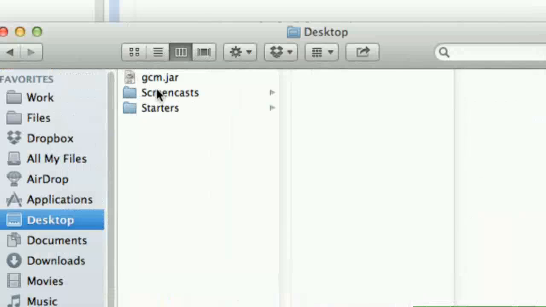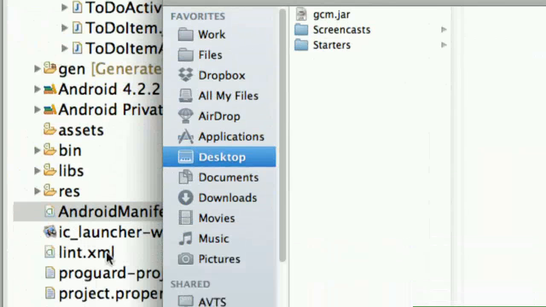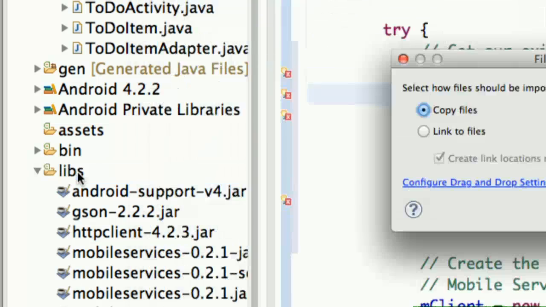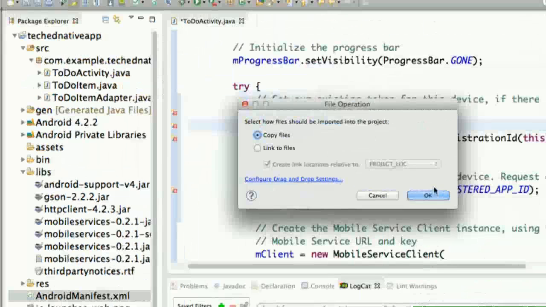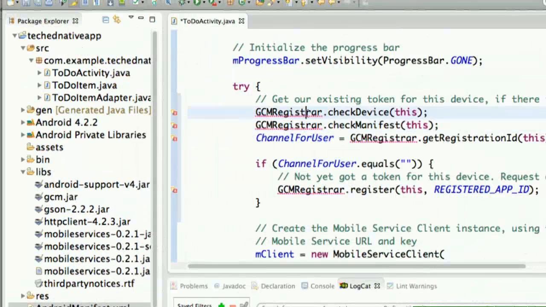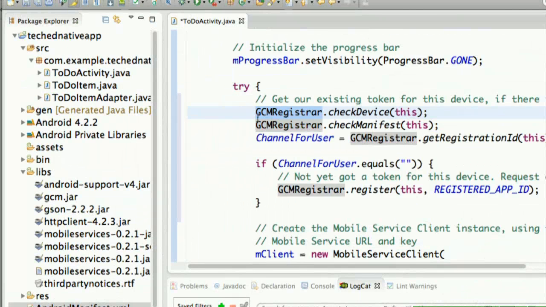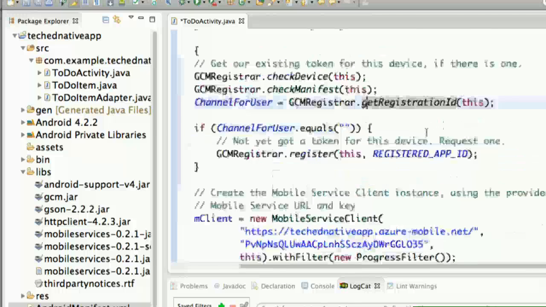So when you install the Android SDKs, you get lots of jar files that are different SDKs. And I've got Google Cloud Messaging.jar, and I'm going to copy that and drop it into my libs folder here. And so I'll say, OK, copy that in. And now I've got that thing there, I can hopefully import the namespace for these Google Cloud Messaging APIs. So I've done that now.